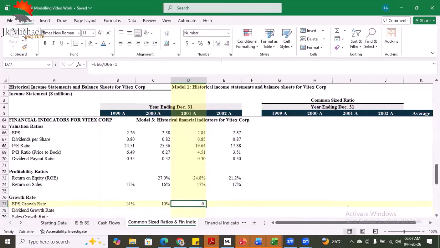And that will give us in percentage about 1.4%. So earnings per share grew 14% in